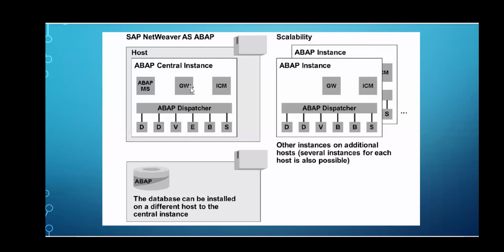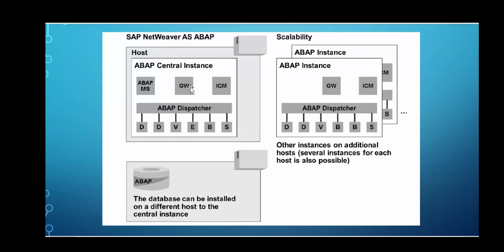What is the purpose of gateway process or gateway server? Gateway means it will connect R/2 to some external system like R/3 or some other system. Gateway is not going to connect always an external. It can be within internal. Gateway helps in communicating between two SAP systems or between an SAP system and external system. So it can be both ways.